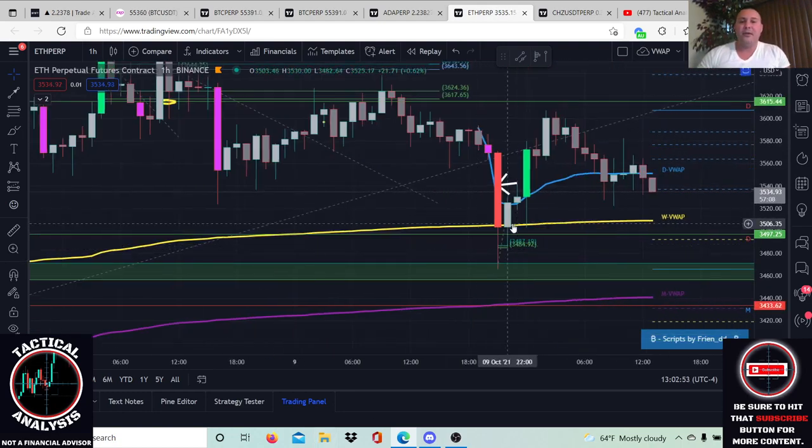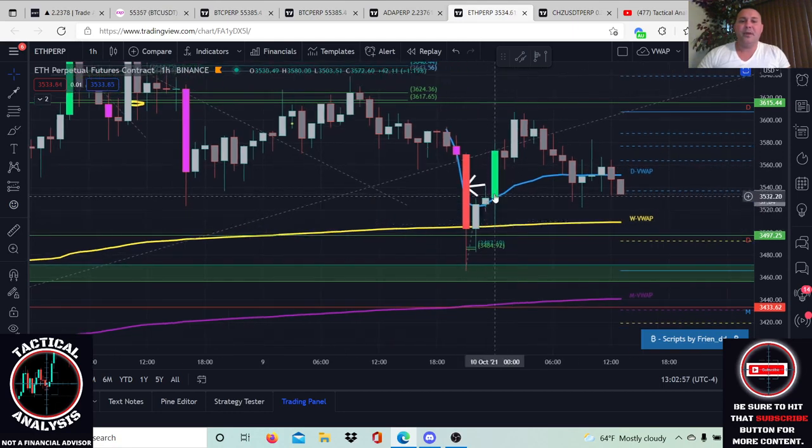Okay, and you see this comes back down, taps the weekly VWAP. Okay, we see it on the daily VWAP again, right? Pin below, close above the daily VWAP. Okay, red candles here as we saw when we look back. Red candles here on this one as well, snapping back up. Okay, because here's the previous candle close. It opens here,